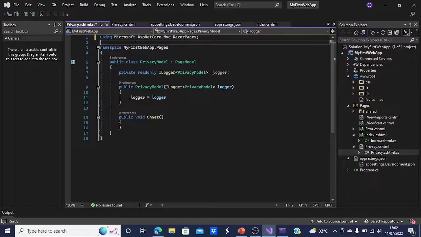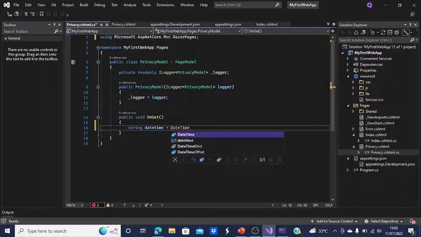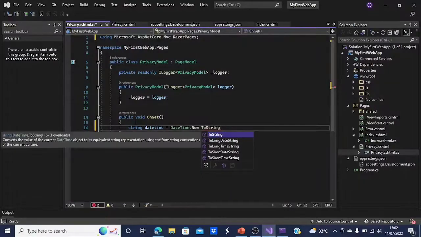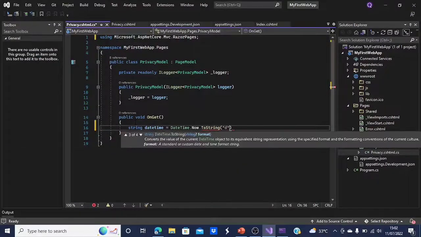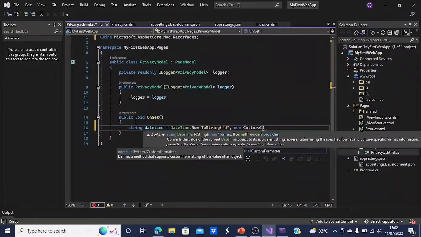Next, create a string for the current date that is formatted for your culture or region by using the DateTime ToString method. In here, public void OnGet, string, DateTime.Now.ToString, the new CultureInfo.